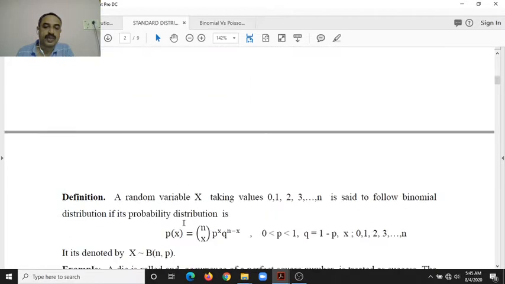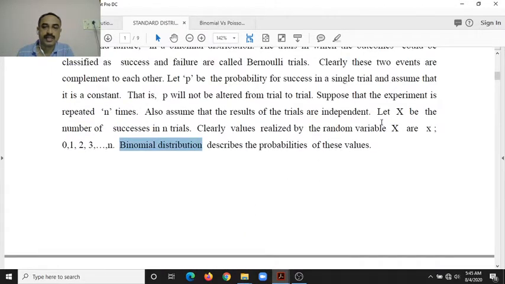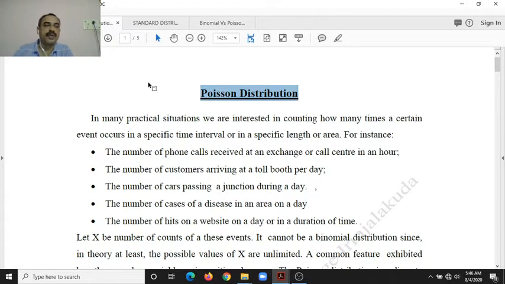That means the equation p of x equal to nCx p raised to x q raised to n minus x offers the probability of x equal to 0 or x equal to 1, x equal to 2, etc., x equal to n. We note that the number of trials n is fixed in binomial distribution. That is, the variable x can go from values 0, 1, 2, etc., n. But there are many situations where we cannot have a fixed value for n, especially the random variables representing occurrences of